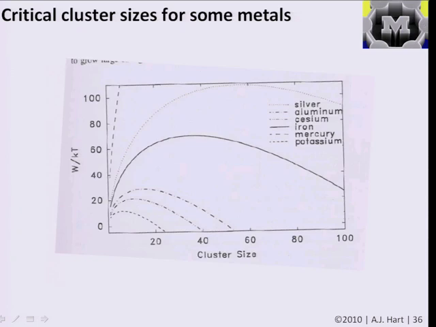And these calculations can be done for values for practical materials. In this case, it's done assuming you're condensing metal clusters from the gas phase. And this just shows, for example, critical cluster sizes being in the order of tens of atoms. So things that are substantially smaller than 1 nanometer being the sizes of vapor clusters that you'd form under particular